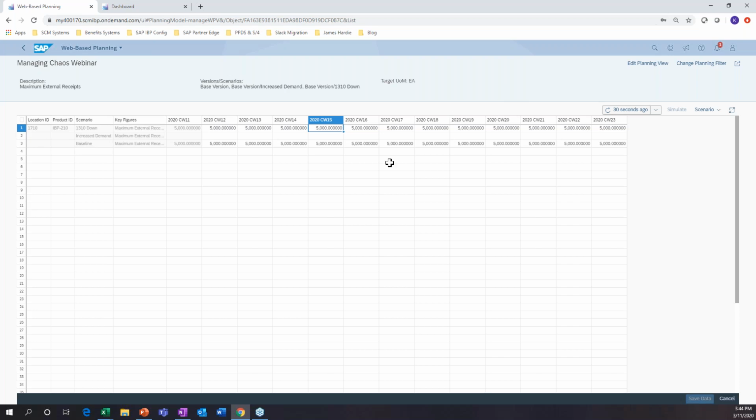This is a big game changer in the planning space for SAP. And it's easy to use. It looks like a spreadsheet. You're showing the location. Now in this case, I'm showing the location ID and product ID. You can add in the product description, as much information as is helpful to the supplier. And they can come in and, let's say in this instance, they can only supply 2,500.